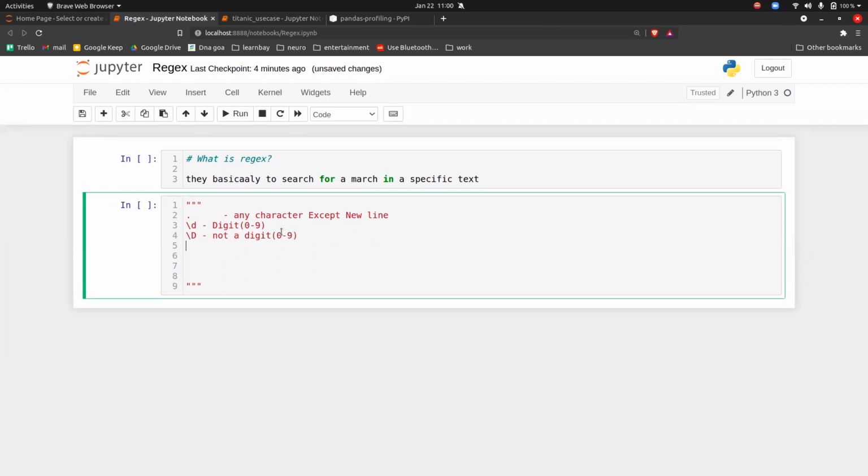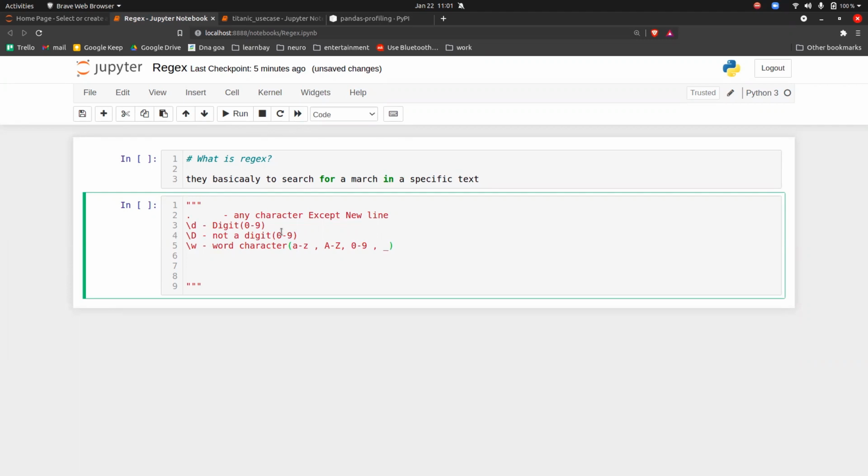Then you have /w. /w stands for word character. When I say word character, I mean small a to z, capital A to Z, 0 to 9 and underscore. So all of these will be extracted.